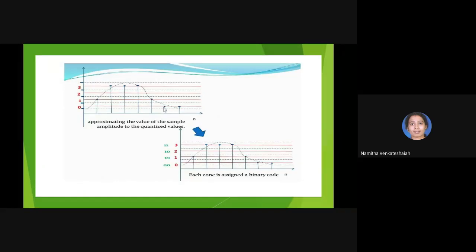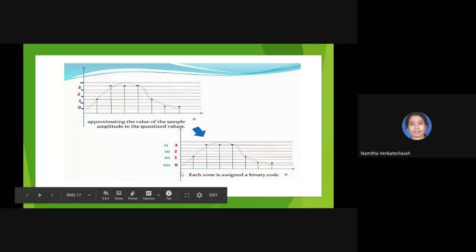You are identifying the points. If your analog wave crosses this red line, that means the value is 0 0. If your analog wave crosses this line, your value is 0 1. If the analog wave crosses this red line, then it is 1 0. If the analog wave crosses this particular point, then it is 1 1. So why are the values 0 0 for 0, 1